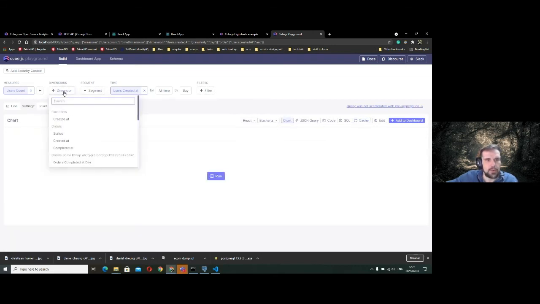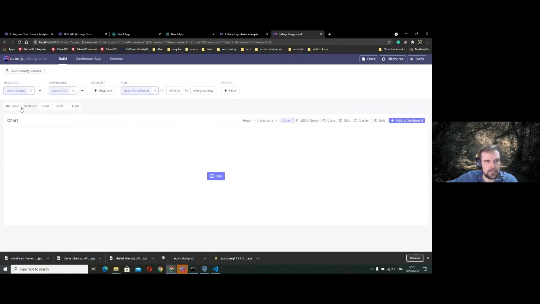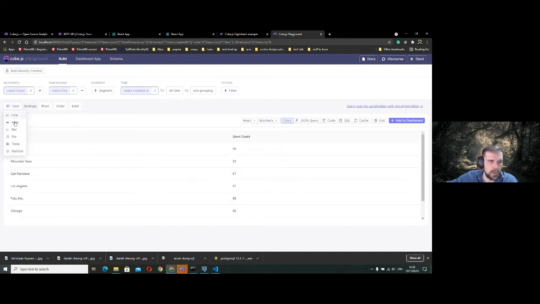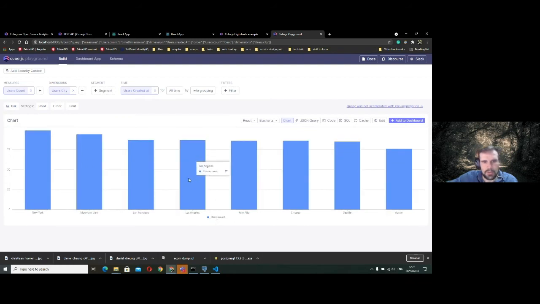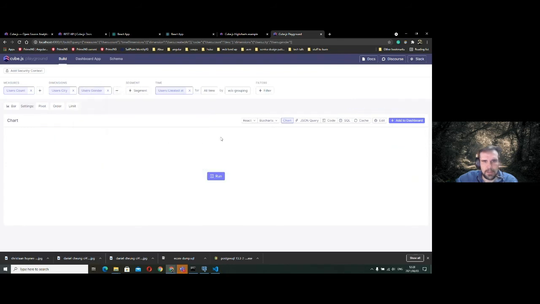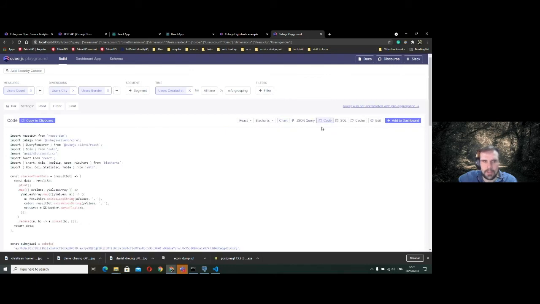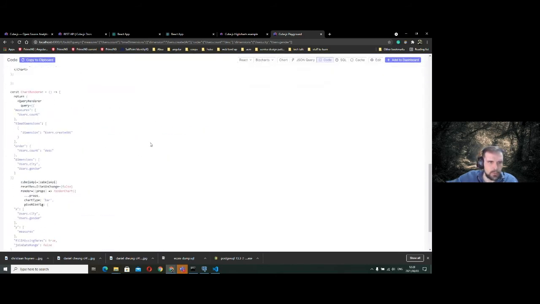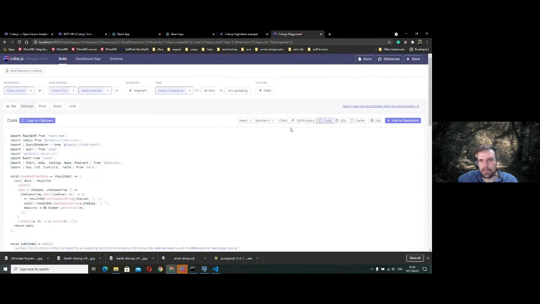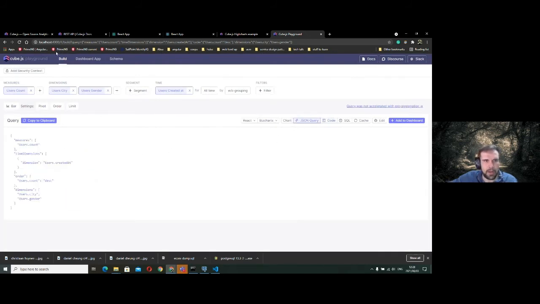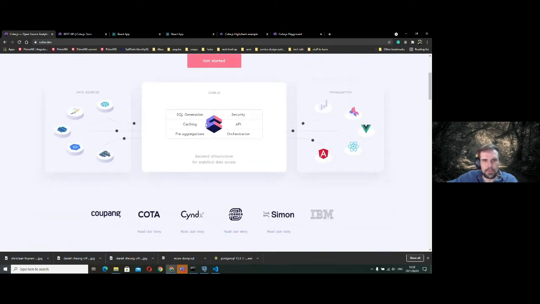So for example, if you want to display data, let's say according to the users and according to the city, so user count, then you can extract it as a table. Or in our case, let's do a bar chart where we have the users count by Los Angeles, and we can add an extra aggregation, for example, by gender, and we can run it again. Then there's Mountain View by female, and as you can see, it generates the code for you if you want to add that into one of your front ends, or if you want to do it via an API endpoint. So this allows you to utilize what is available around the CubeJS environment.